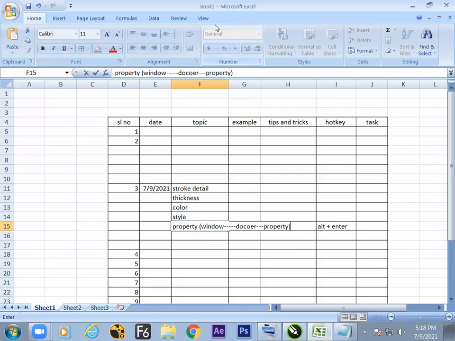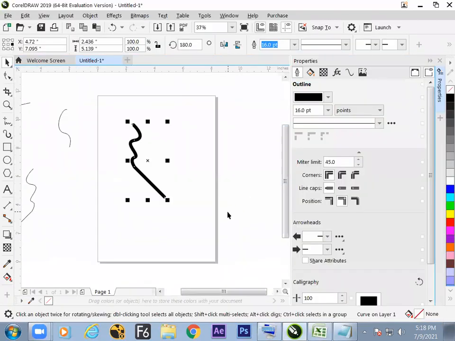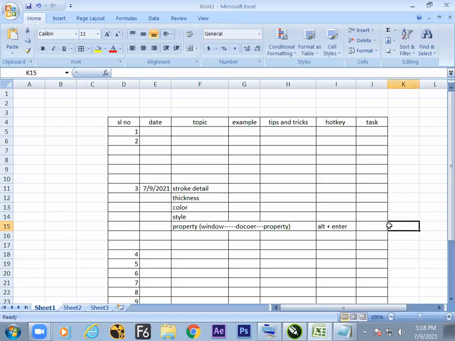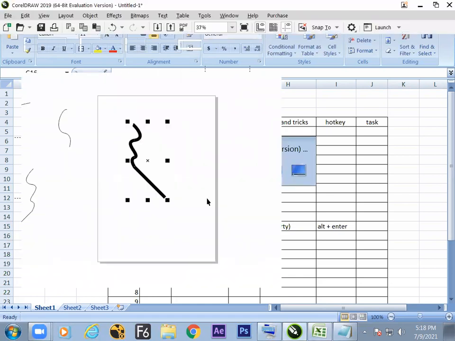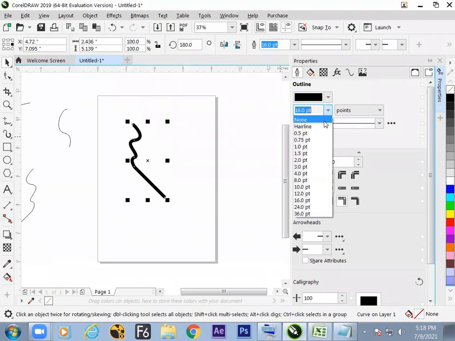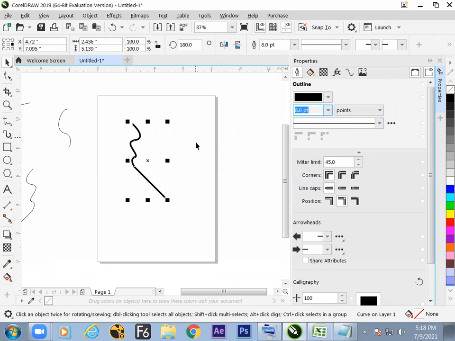So this is also a place where the stroke property can be changed. Check the screen. This is the first button, which controls the stroke. And one more thing we got to know here: the stroke is technically called the outline. So the outline can be changed. The new technical term you got to know for the stroke is outline. And the outline thickness can be changed over here also. So hope we got to know how to change the thickness of a line.